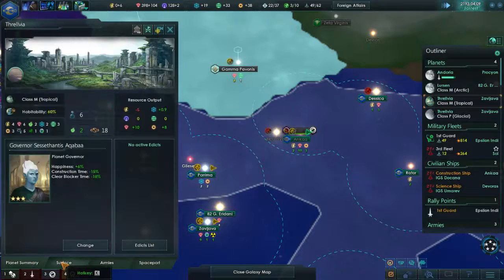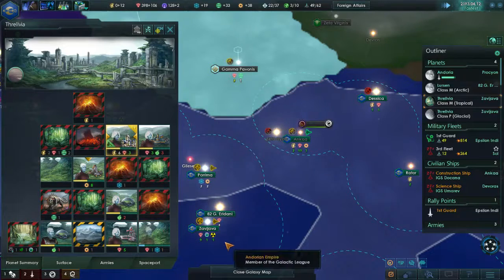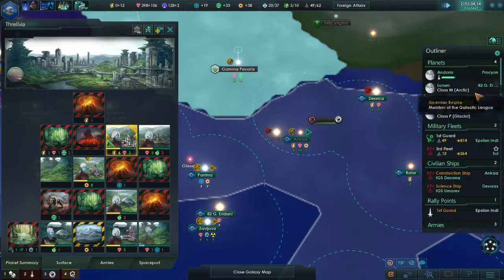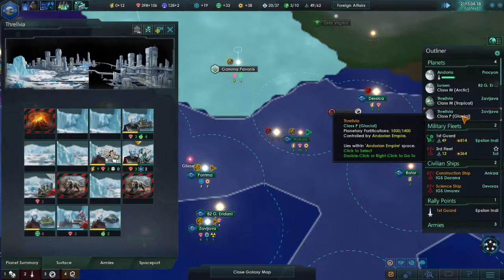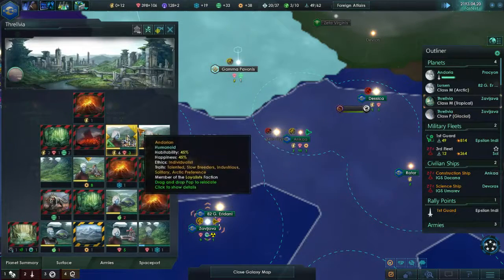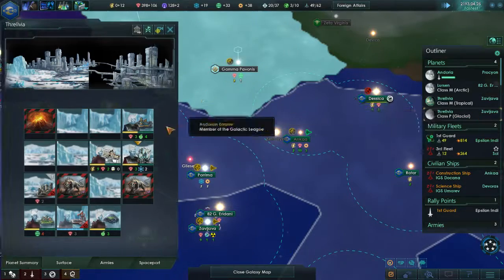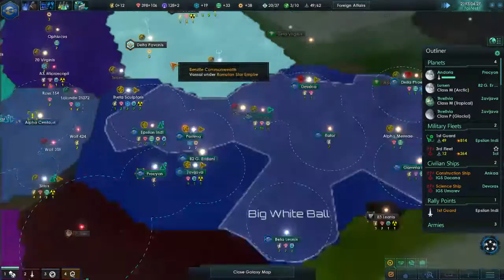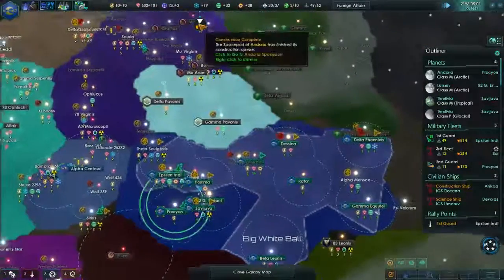How are we doing for food here? Food's at 2. So we'll move this guy up here. I've got to try to play it a little bit smarter, do a little bit more micro. Normally I don't. I just say, herp the derp, upgrade all the things. But no, I'm playing it hard, so I gotta step my game up. I have to be the fleet commander or whatever that